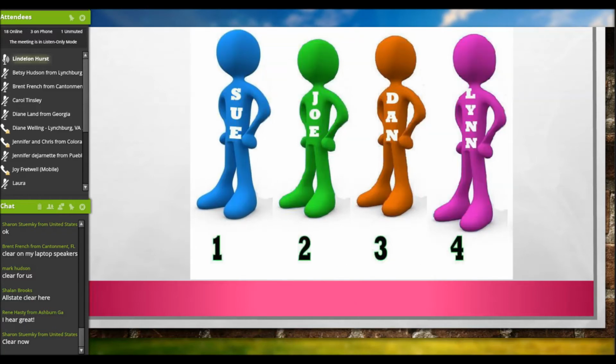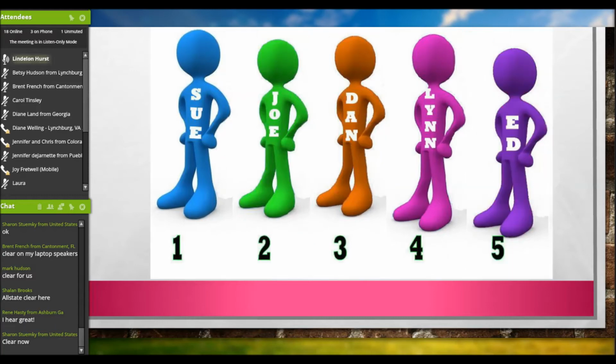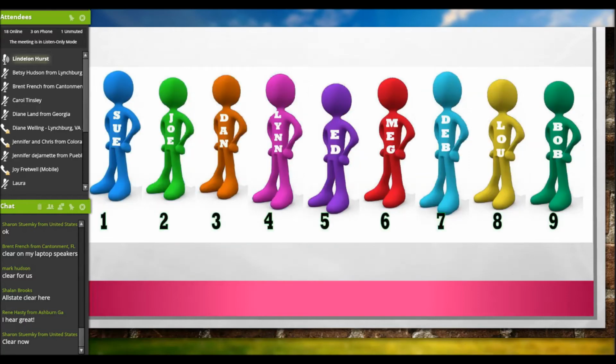Joe teaches Dan to do the same thing and sponsor somebody. So Dan sponsors Lynn. Y'all get the picture. I'm not going to have to go through all of these names. Lynn sponsors Ed. Ed sponsors Meg. Meg sponsors Deb. Deb sponsors Lou. Lou sponsors Bob. Now I have 9 levels or generations here underneath me at this point, which is pretty awesome,